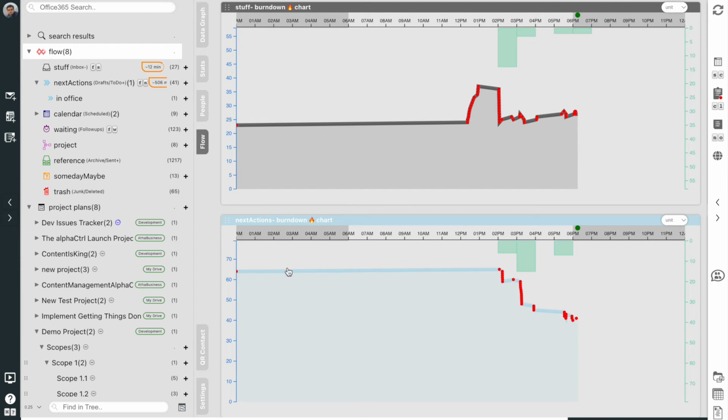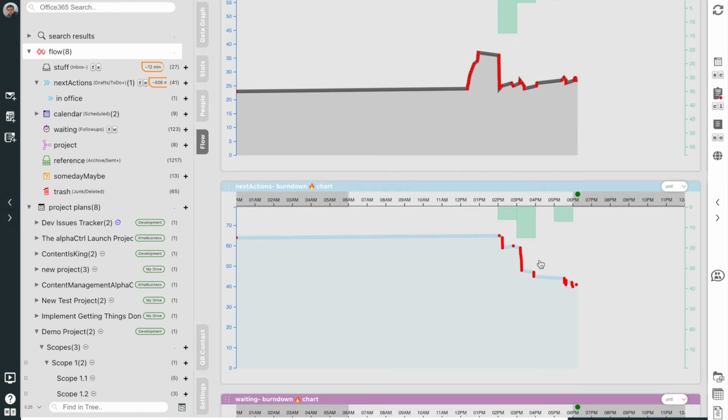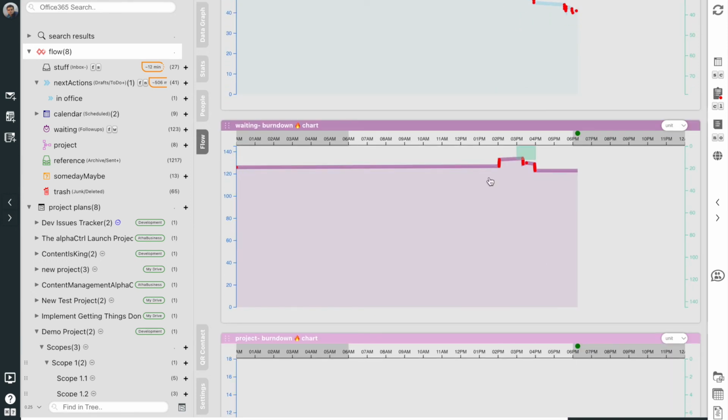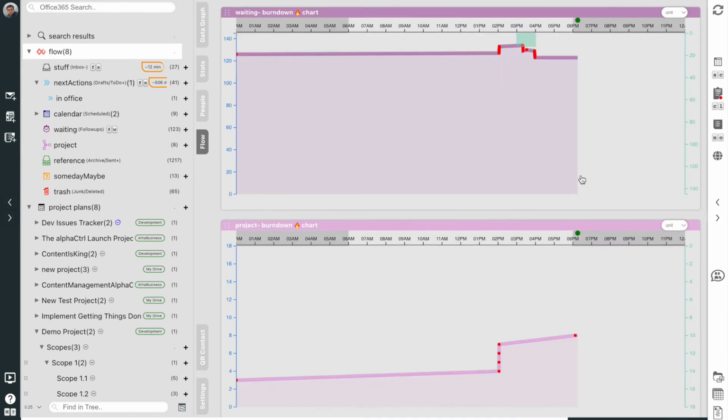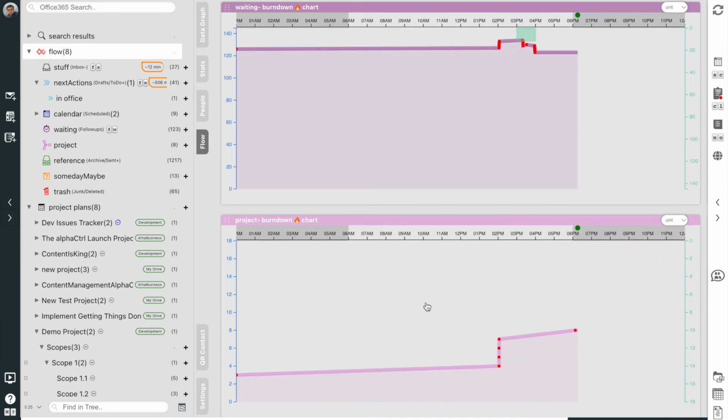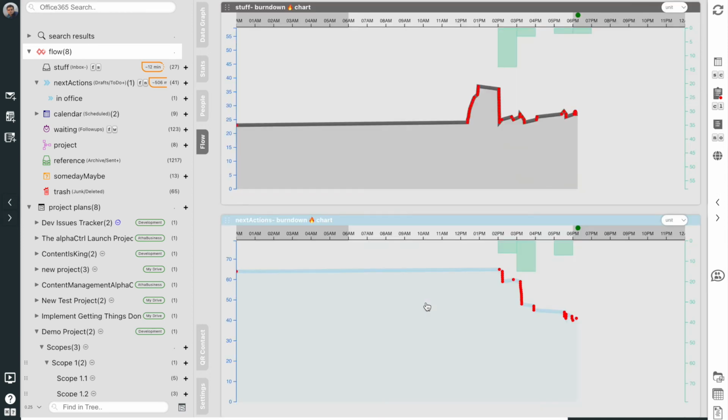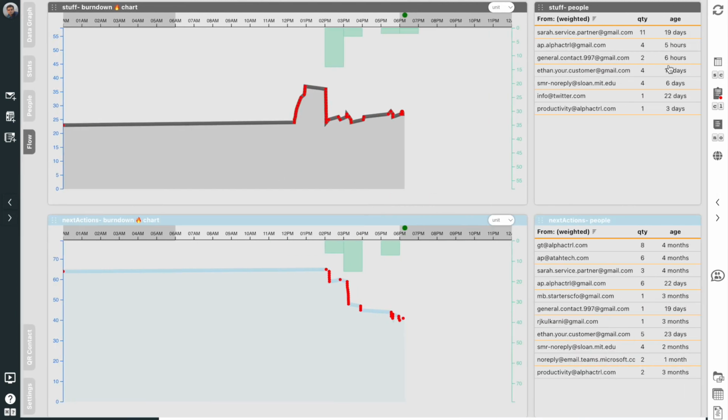The next action chart shows the arrival of items into the next action state at various times of the day. The inverted histogram here represents work done to clear out the next action lists. The same graph is available for waiting and projects states. Leverage this dashboard to track and improve your daily email processing performance and take your workplace productivity into the next orbit. Visualization of time is a powerful cue in driving decisions and execution. Alpha Control helps visualize time in several ways, from Gantt chart and schedule pane to flow burn-down charts.